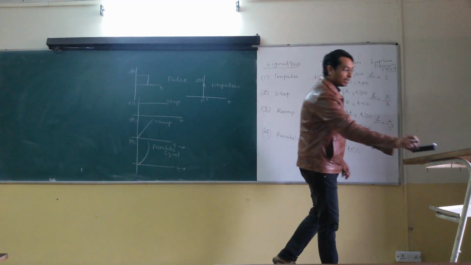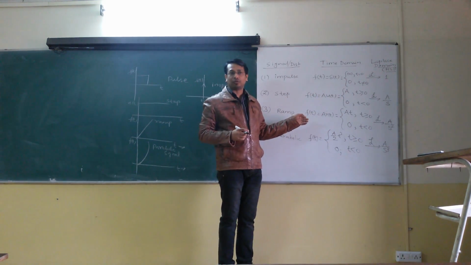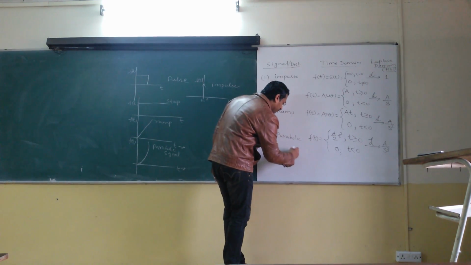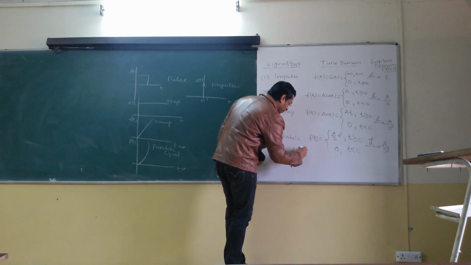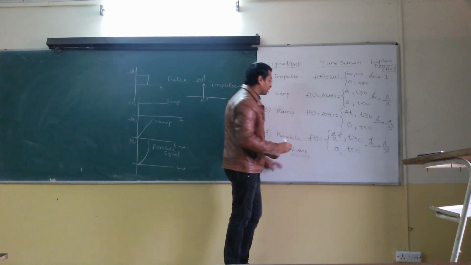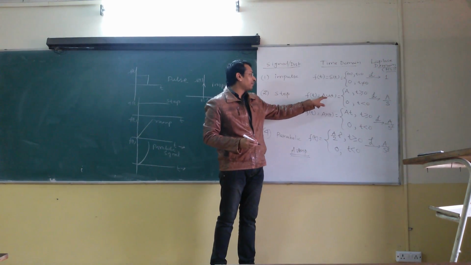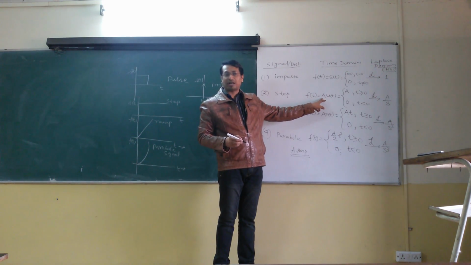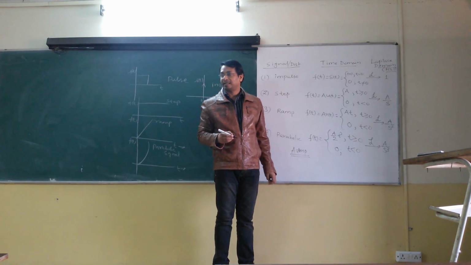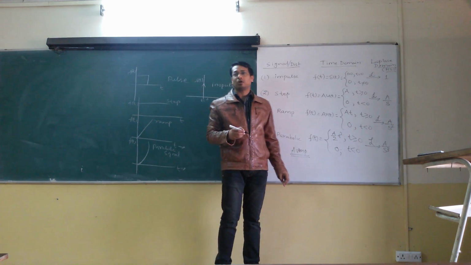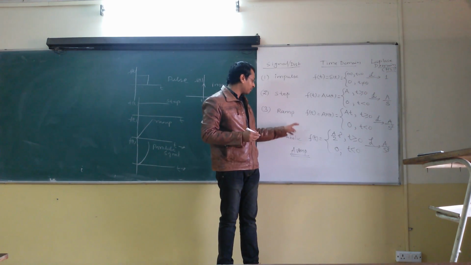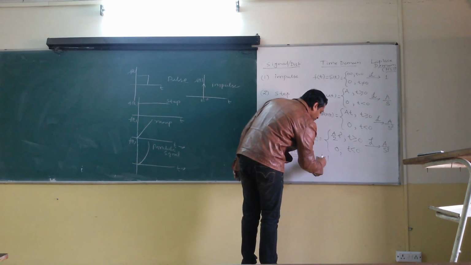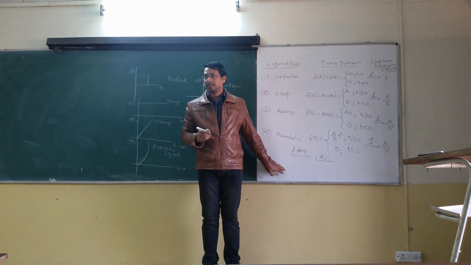So for the unit, where A is the amplitude, A can be any positive value. Okay. So A is the amplitude, or you can say the step of A magnitude. If the value of A is 10 or 5, you will say the step of magnitude 10. For the case of unit step, unit ramp or unit parabola, the value of A is equal to 1. Right?